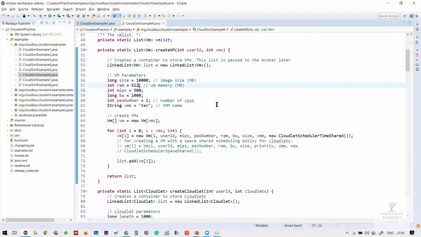So this is the small instance I'm going to create. 3.5 GB, if I consider approximately, will be 4 GB, 4096, and the size here is basically for the hard drive. This is a very small size, 10 GB. If you want to increase it to 100 GB or 1 terabyte, you can do that.